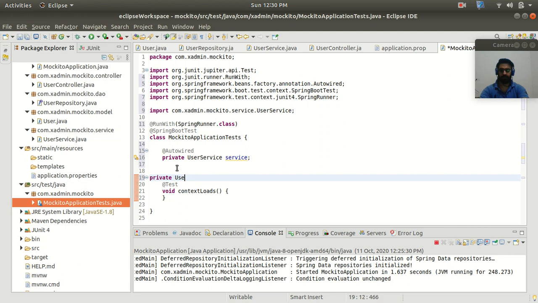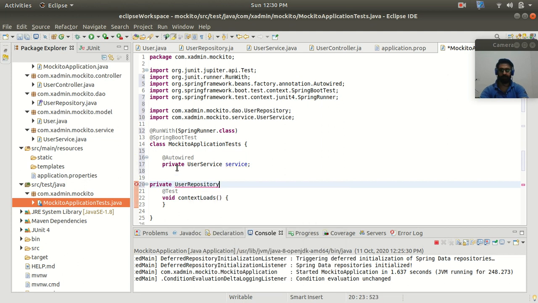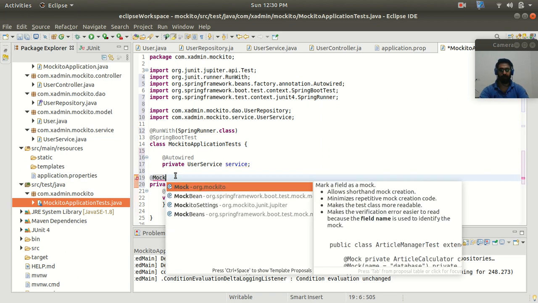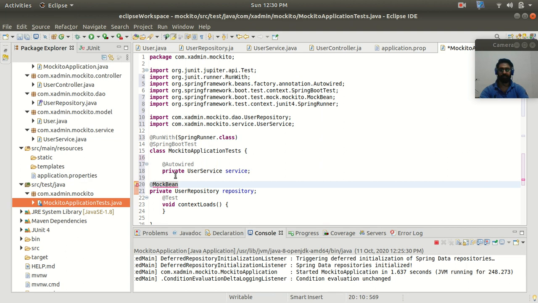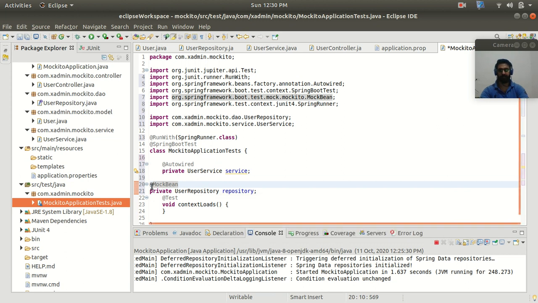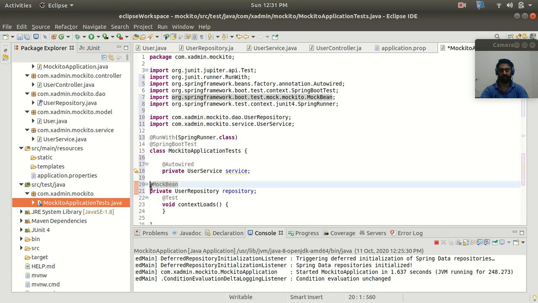Private user repository, right? Here I want to mock the repository, so I have to mark this with the annotation MockBean. The MockBean is going to inject this repository here, and it is going to mock this repository. For that purpose, I have marked this with MockBean.